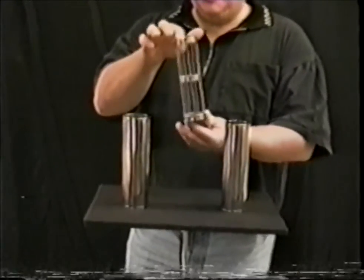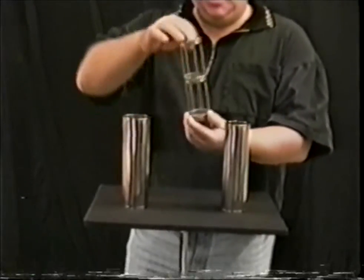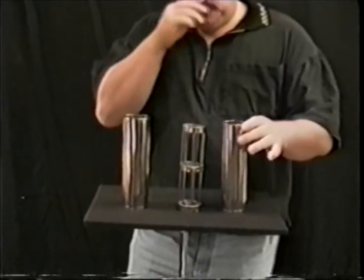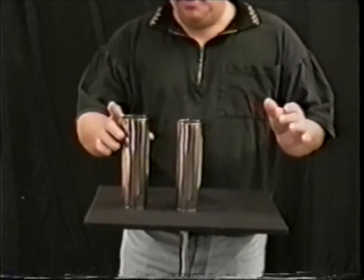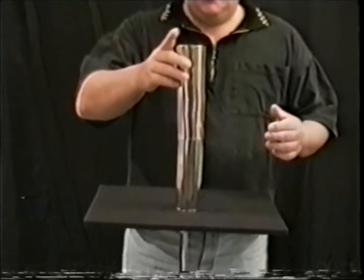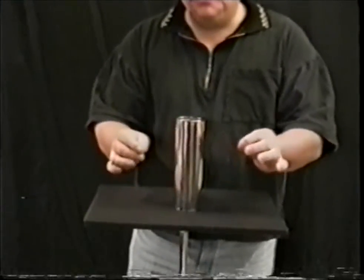You also have a cage. You can see through it. No mirrors or anything strange like that. It's just a cage. The small tube fits right over the large tube. The large tube fits right over the small tube, which fits right over the cage, just like that. And again, with just a magical snap of your fingers,